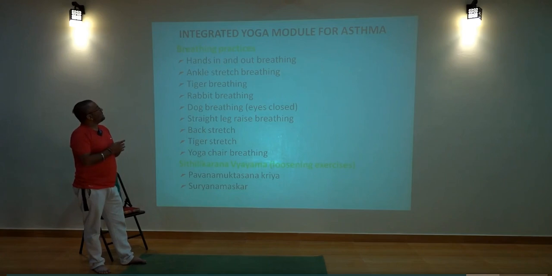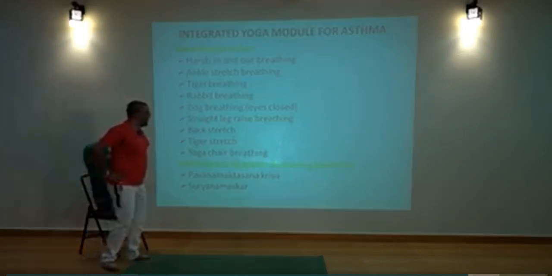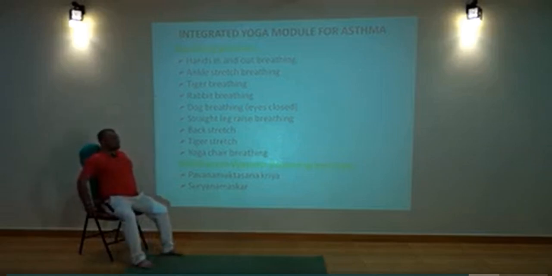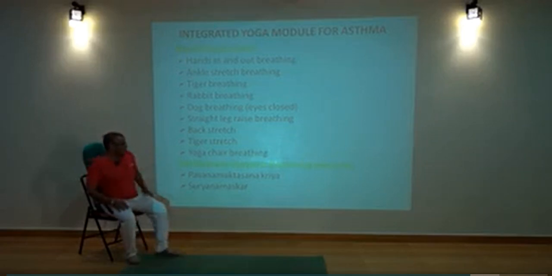Integrated yoga module for asthma, breathing practices: hands in and out breathing, ankle stretch breathing, tiger, rabbit, dog with the eyes closed, straight leg raise, back stretch breathing you can use easily by stretching your back lying down, or sitting on the chair. And this breathe, inhale, exhale. Then tiger stretch, yoga chair breath you can do easily by relaxing your upper chest. Shithilikarana,